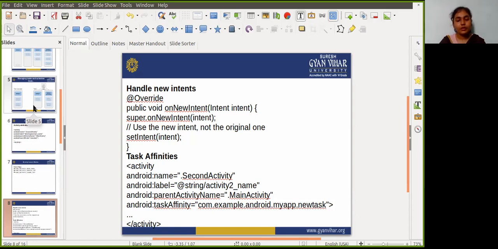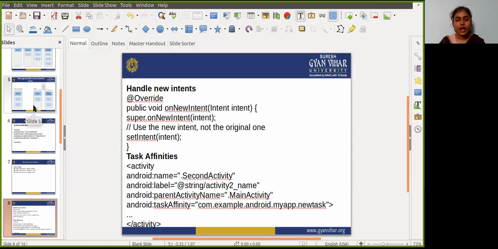In the label, pass @string/activity2_name, and in the parent activity name, pass .MainActivity. After that, taskAffinity equal to com.example.android.myapp.newtask. So here myapp.newtask is written as the affinity name, and after that close the activity tag.